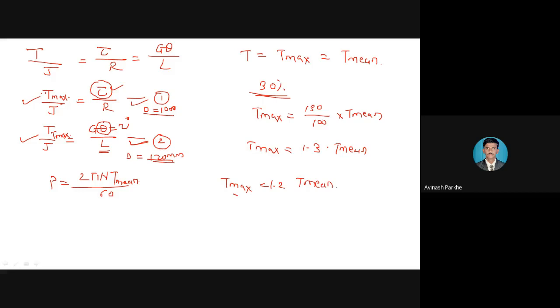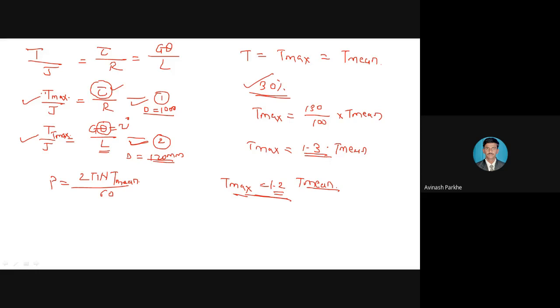Consider Tmax is equal to 1.2 times Tmin. So we have to take this particular equation as it is for the further calculation. But sometimes if it is mentioned in percentage, 20%, 30%, 25%, at that time, to that 20% you have to add 100. That means it becomes 125, and 125 divided by 100 becomes 1.25. That means you will get this particular multiplying factor as 1.25.